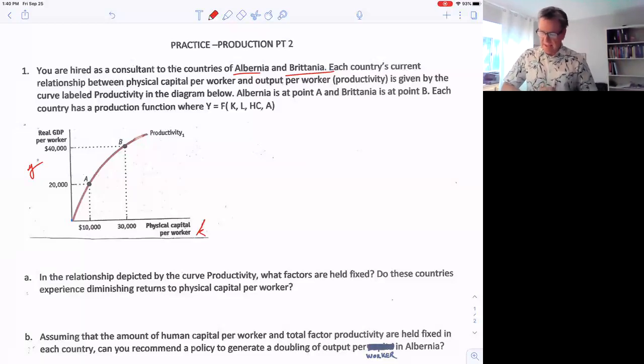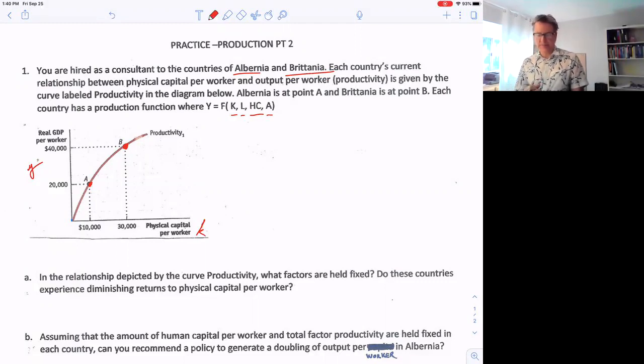Albernia is at point A, Britannia is at point B, and each country has the same production function, where the production function shows that output, total output in the economy, is a function of total capital, total labor, total human capital, and A,